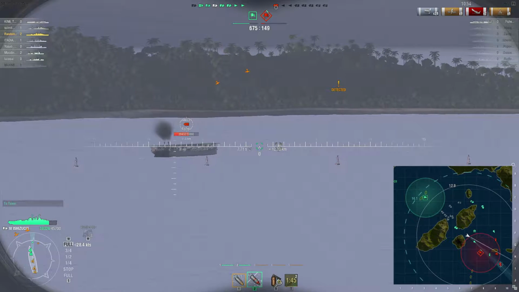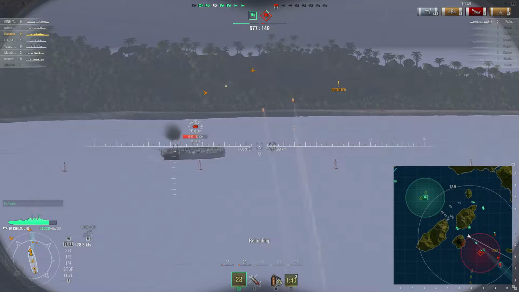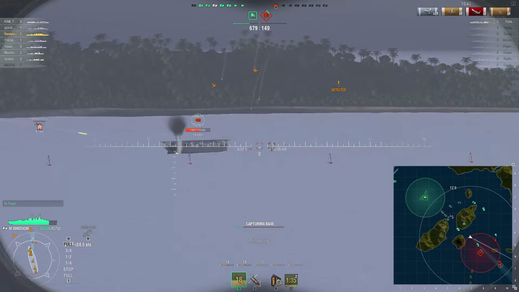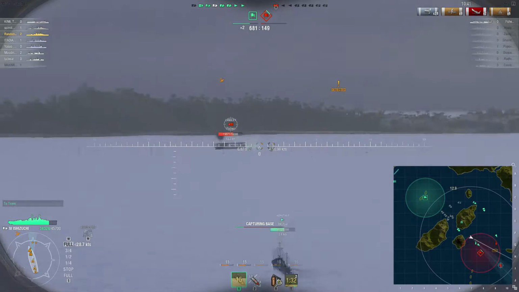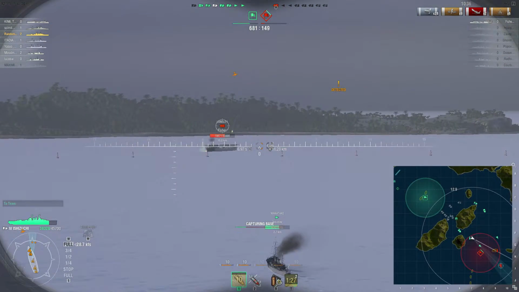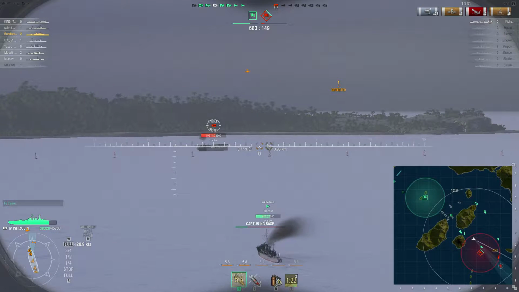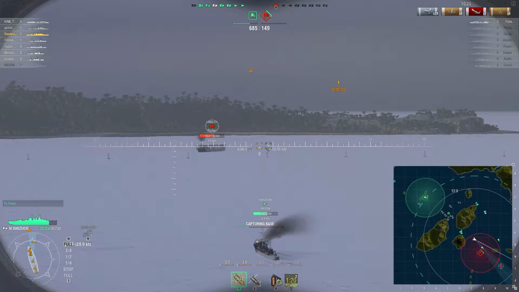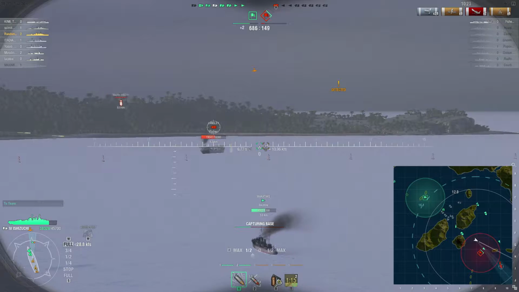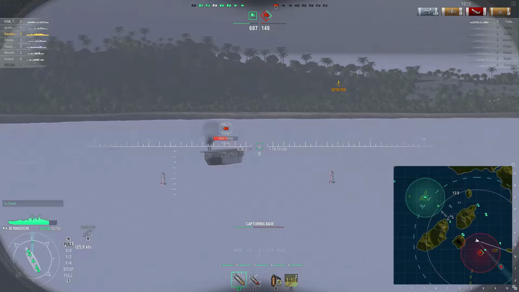Are they going to come all the way around? No, they're not. Right. So we'll see if we can get a shot on him there. You see the dispersion on the guns on this is pretty wide. I mean, we have got the speed to chase this carrier down, but do we really want to? You know, we're capping the base now. I would imagine that his planes will come out to say hello to us at some point. So we're here, so let's